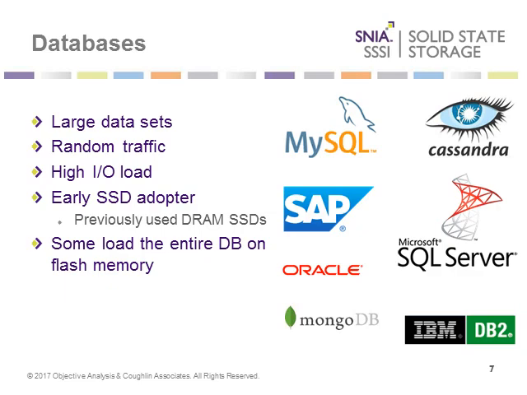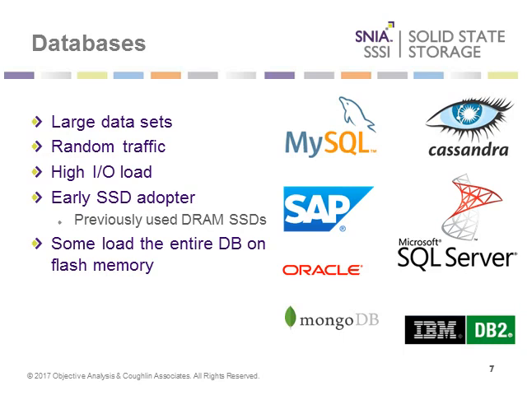So let's look at these different primary applications individually. The first one is the databases. Now this was the largest population of the IT professionals that took the survey and said that this is their primary application. Databases involve large data sets. It involves random traffic to access various pieces of information in the database, leads to a high input-output load. And as a consequence of these requirements, especially the random access and high I/O load and value associated with that, it was an early solid-state drive and flash memory adopter.